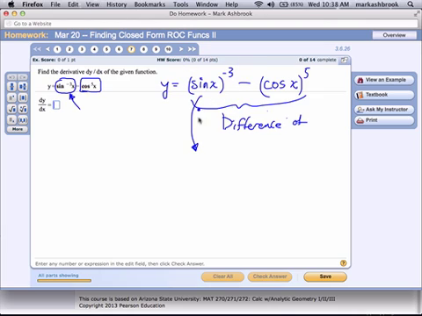So our exterior function is to the negative 3. So we're going to do the power rule, which is negative 3 to the negative 4. Now the question is, what goes in here? X, sine x, or cosine x? You leave it as it is. Interior function as it is. Remember, if it's p of q of x, the first thing we do is the rate of change of p with respect to q. So we're doing the rate of change of the negative 3 function with respect to that interior function as it is. Then times